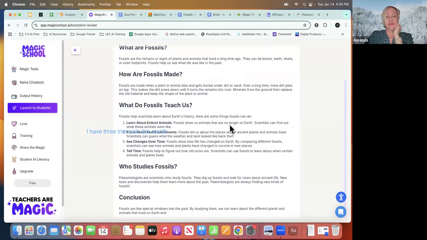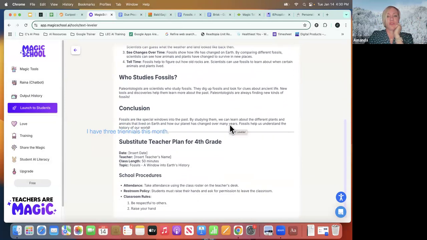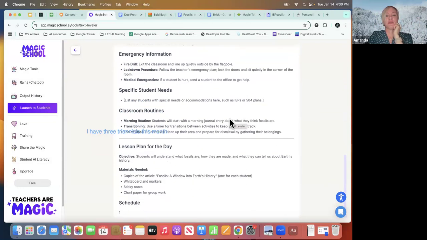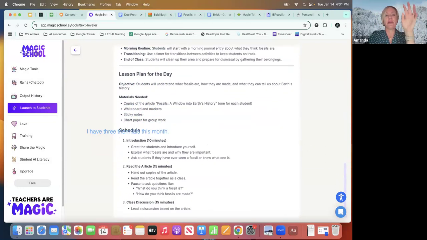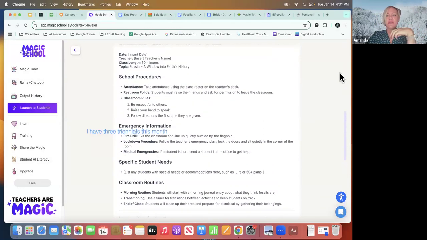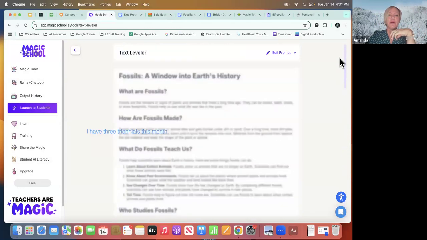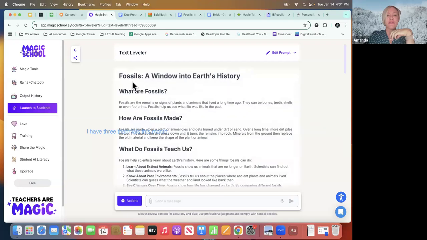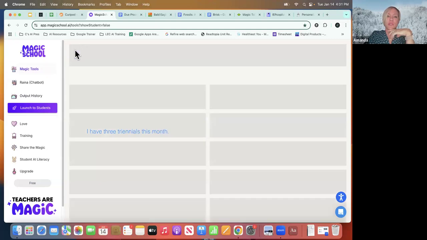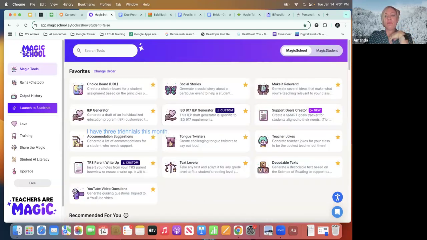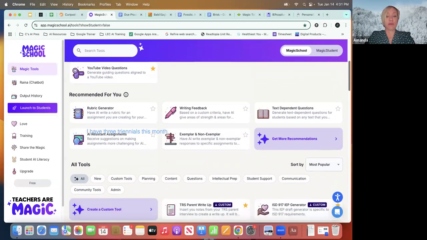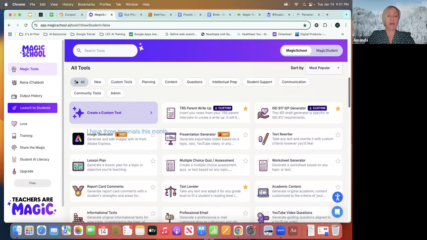And you can see that now it just copied that and made the reading level much easier. I think I had a couple of extra things in that document as well. That's why you're seeing more than just some text about fossils. So some really nice tools, but one of the things that I especially like about it now, more recently, Magic